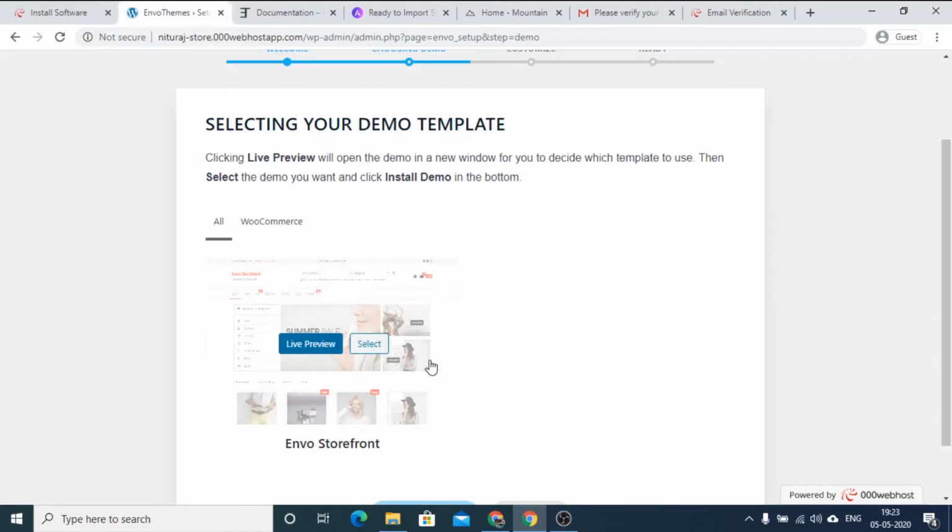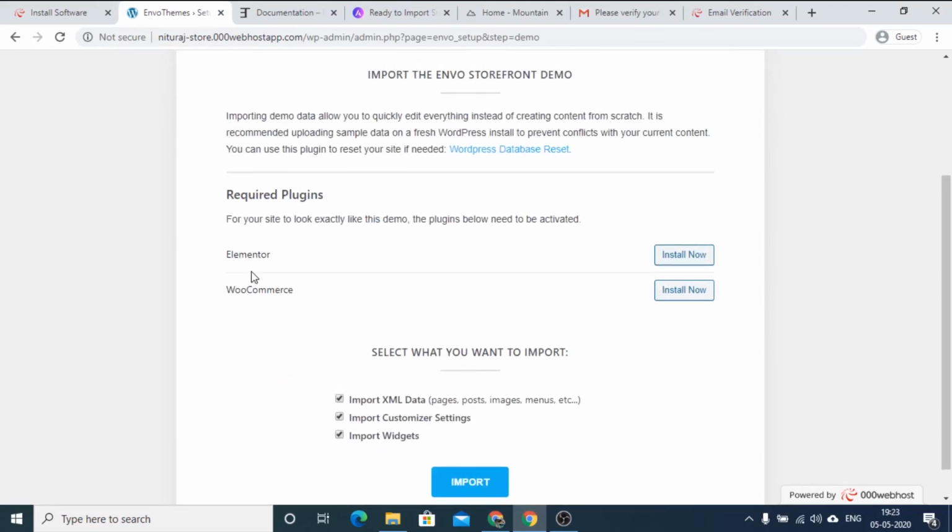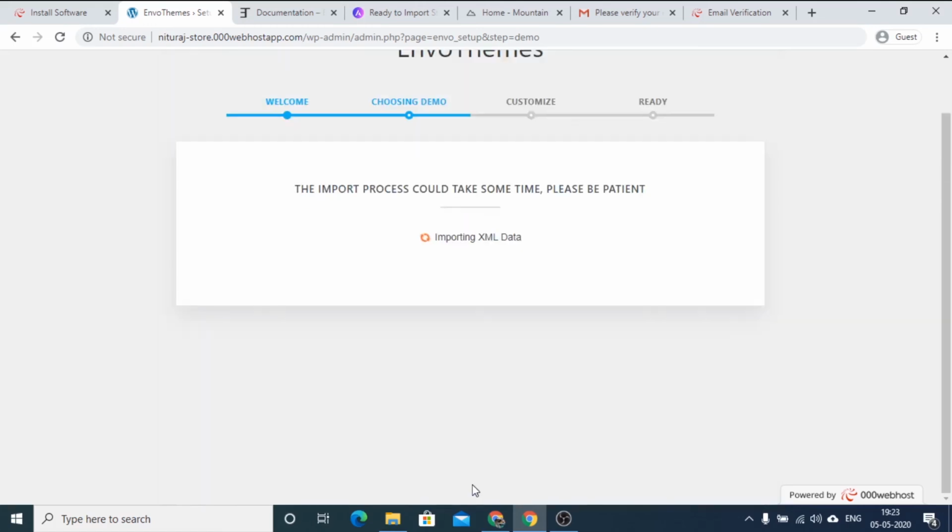So close, select, install demo, install all these activities. This import takes some time, so I will skip this part.